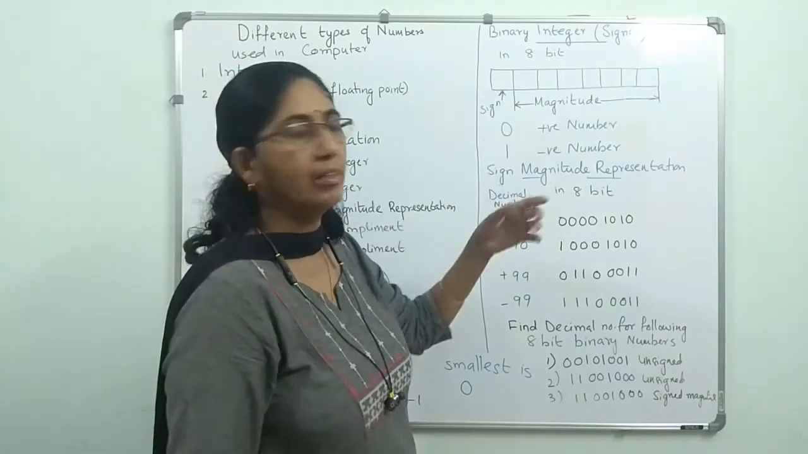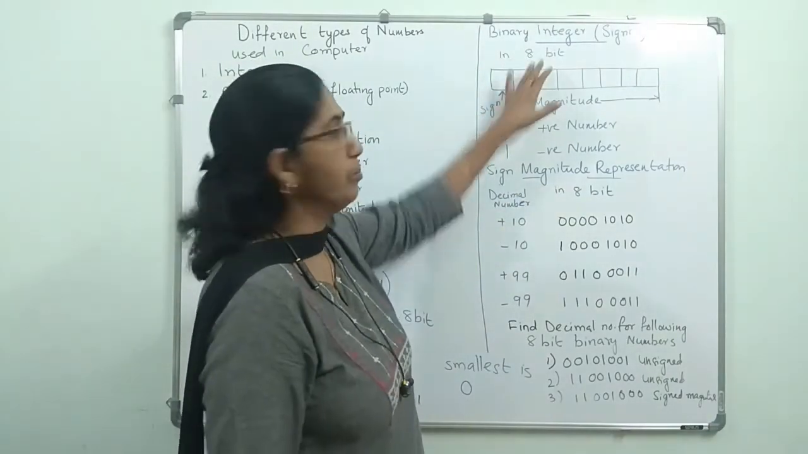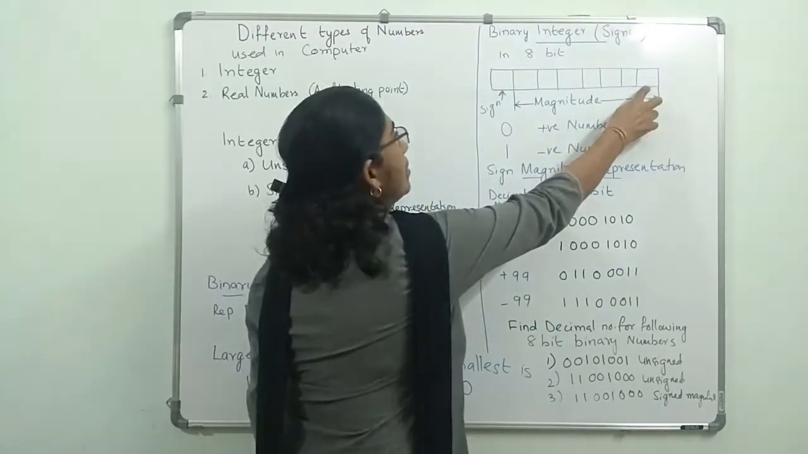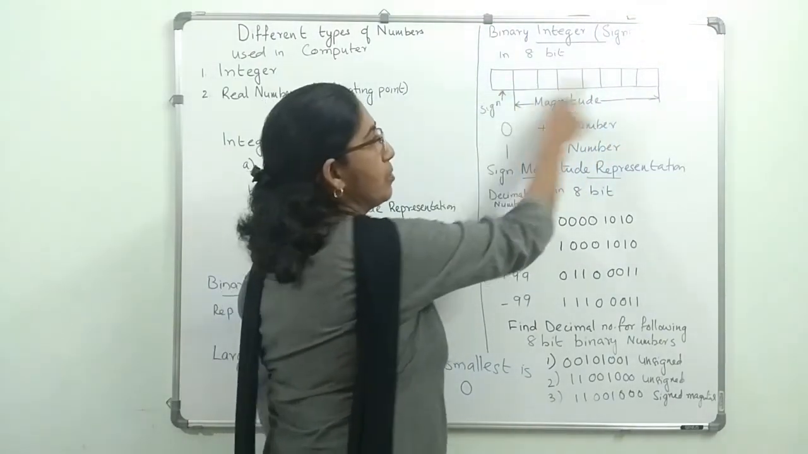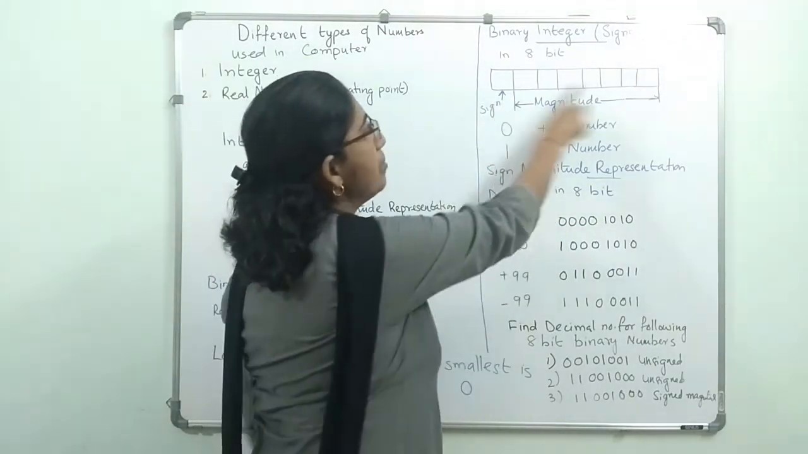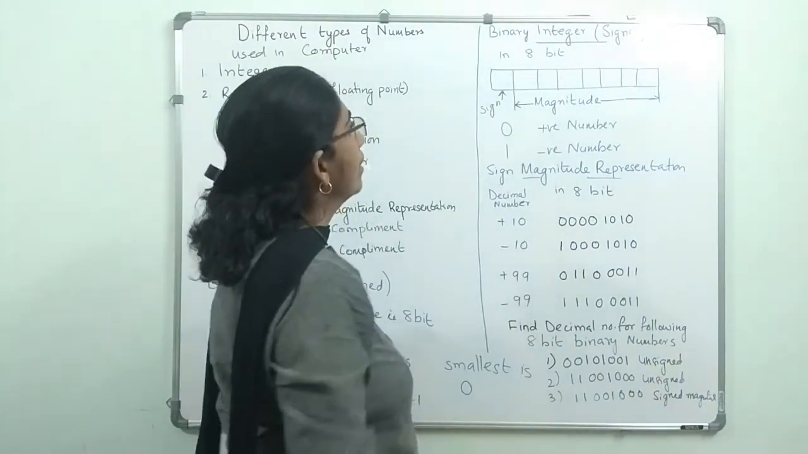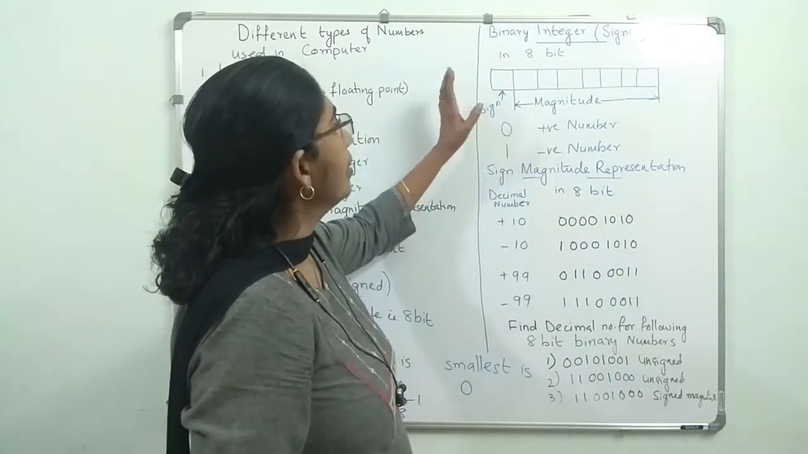Again, for example, we are taking an 8-bit arrangement. 8-bit means 0, 1, 2, 3, 4, 5, 6, 7. So 0 to 7. It has got 8 columns. You can see there. In this signed configuration, what we see is